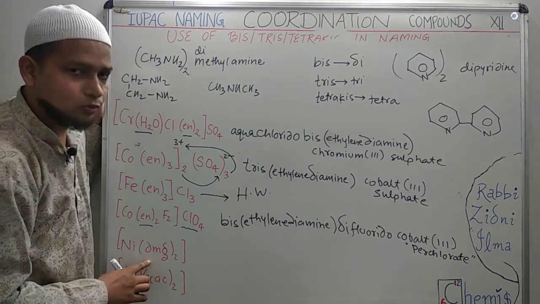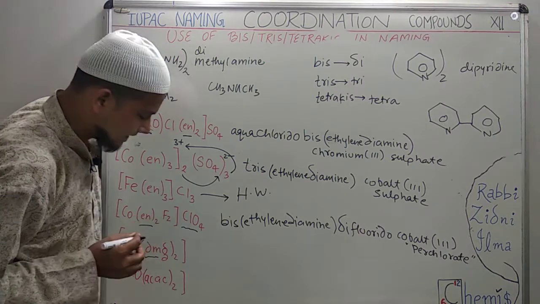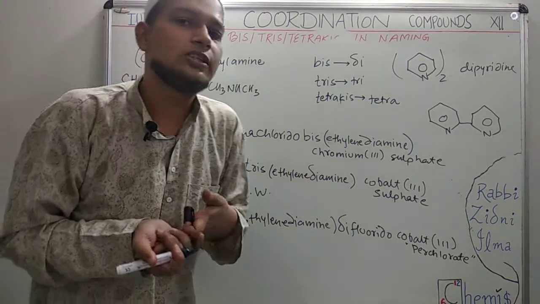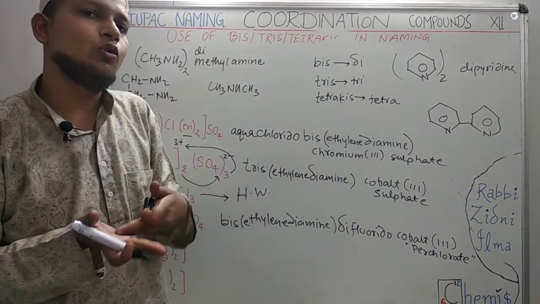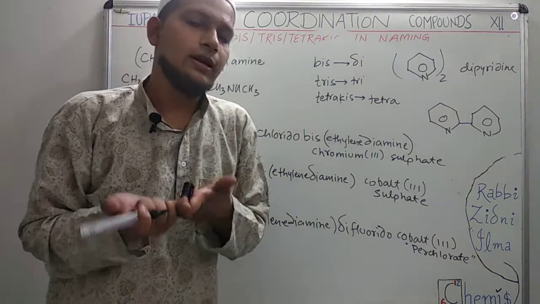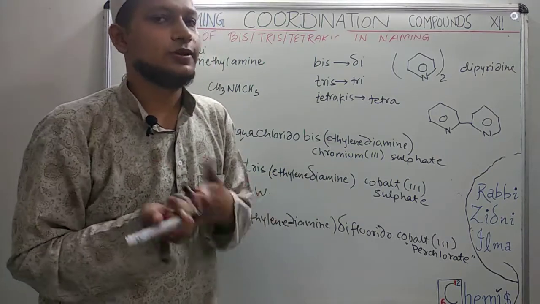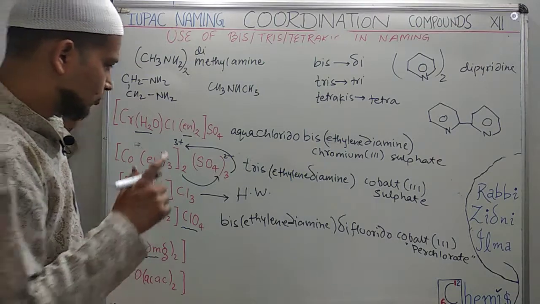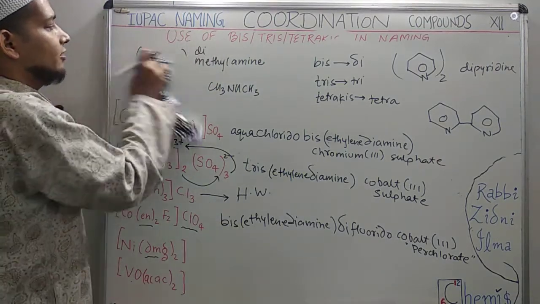Now Ni(DMG)2. I don't like DMG much because one of the examiners asked me what is the use of DMG. So I said it is used in the estimation, or you can say the testing of nickel, and he said go and bring DMG from the lab. I said, sir, there is no DMG in our lab. He came to the lab, he found the DMG, he showed me the bottle, and I was frustrated. So that is why I don't like DMG much. But you must like DMG because the structure and the queries are very important.